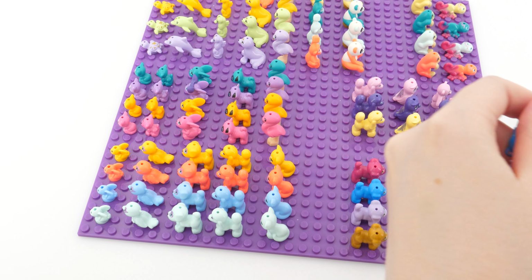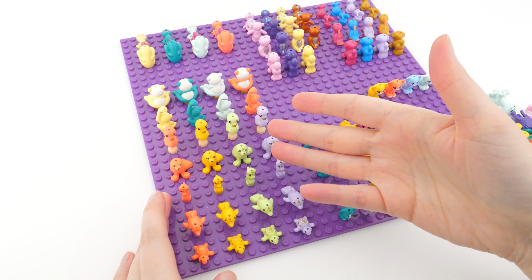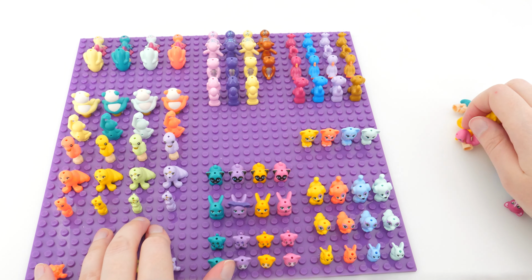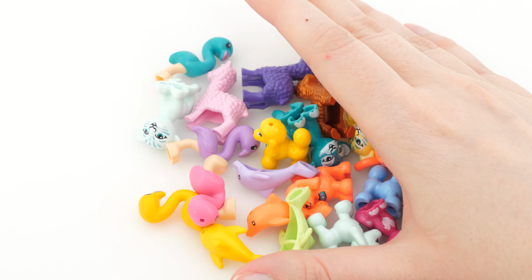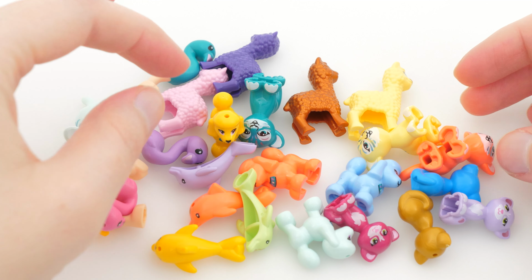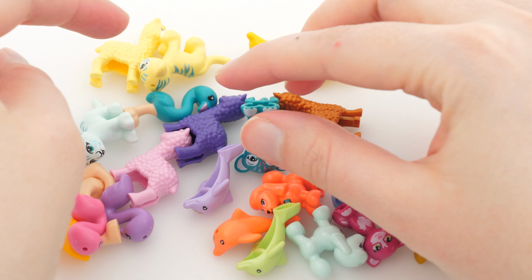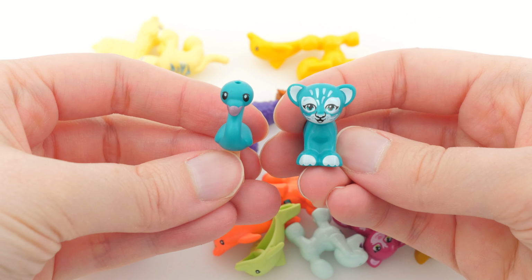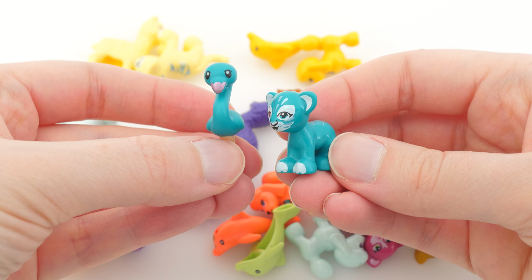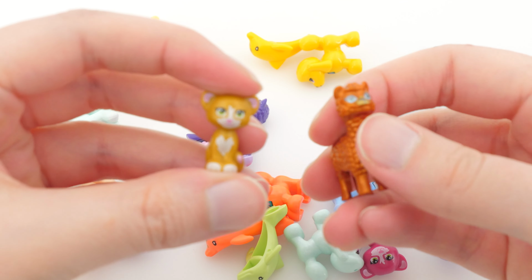Cats, dogs, flamingos, and dolphins. Here they are all together, and the first thing that we need to notice here is that these colors do not really appear in nature as such. When was the last time you have seen a teal flamingo or a tiger? Now I will speak for myself. I have never. I kind of like that they went this route because that also gave us a golden cat